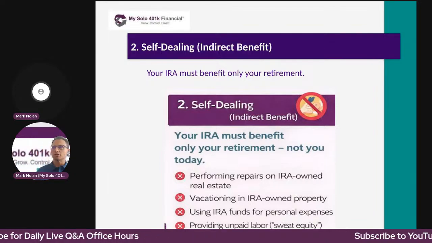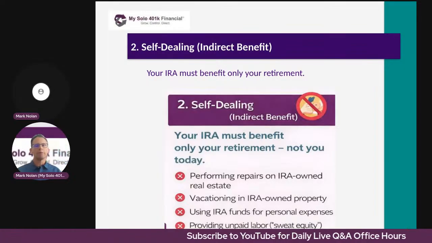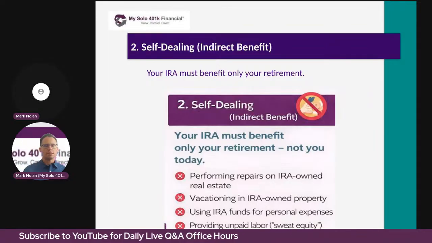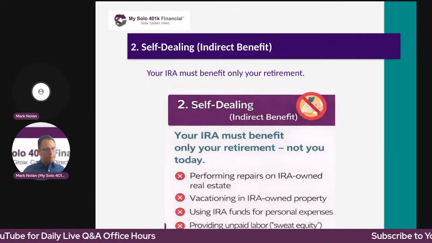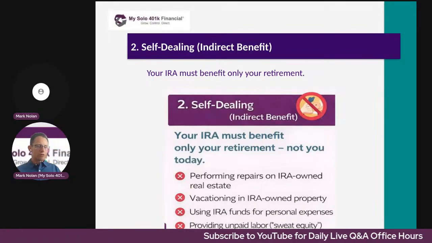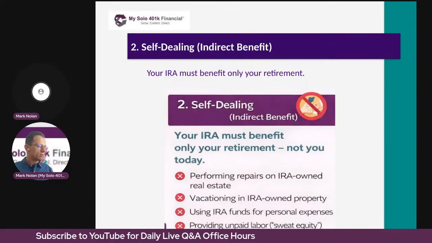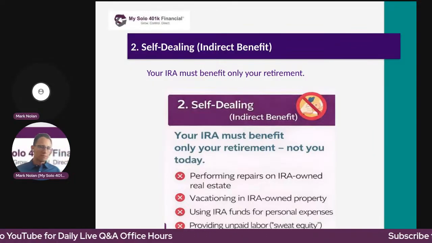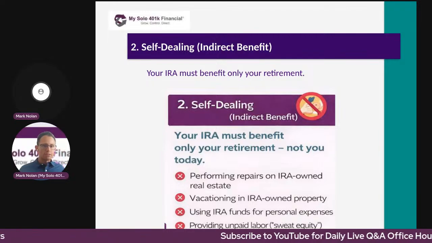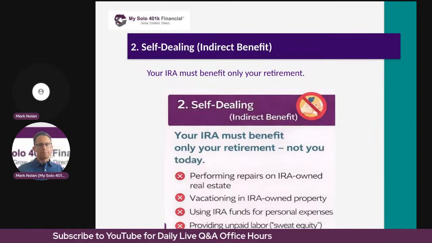Okay, paying personal expenses. You cannot use your self-directed IRA to pay personal bills, even if temporarily. That's prohibited. You can always take a distribution from your self-directed IRA, a taxable distribution, but that's different than trying to use the self-directed IRA funds indirectly to pay personal bills. When you take a distribution from a self-directed IRA, you pay taxes on that amount distributed, and therefore you can do whatever you want with those funds. That's different than this example here.